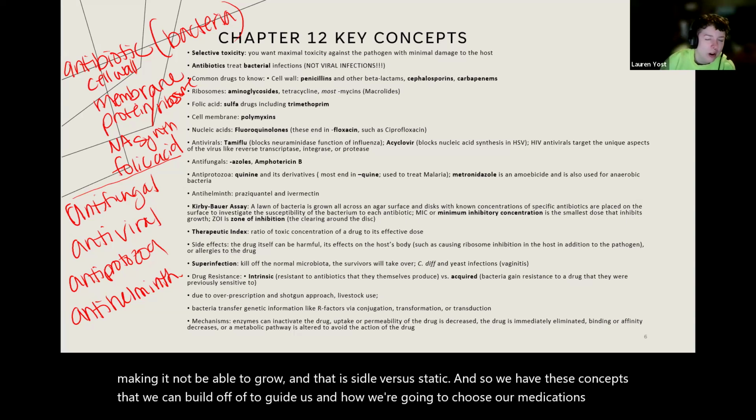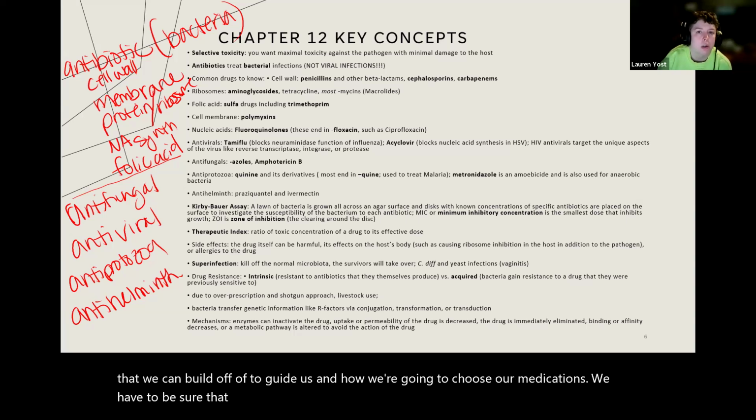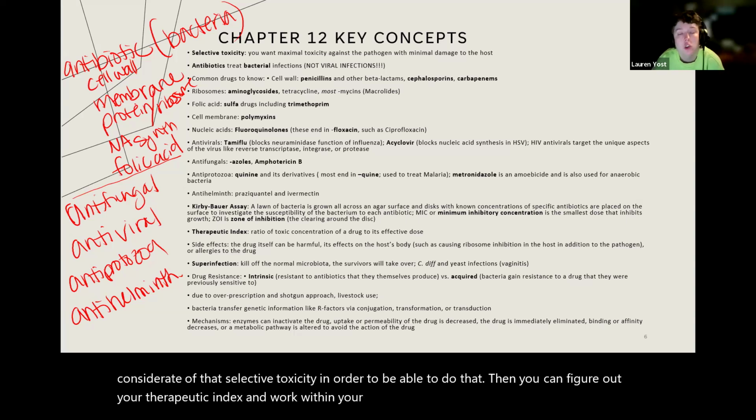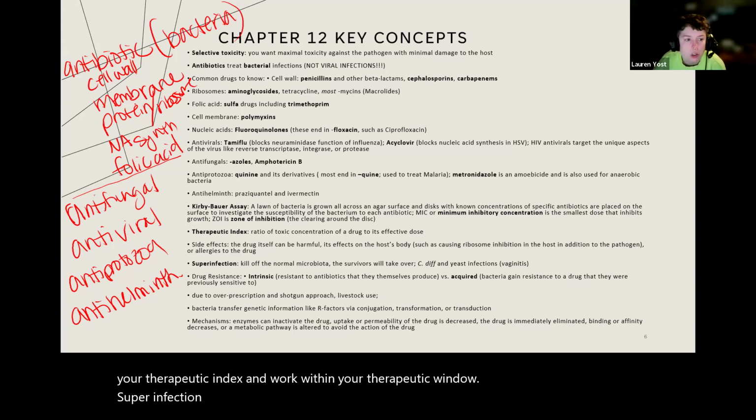We have to be sure that the medication isn't going to be too toxic for the patient. That's being considerate of that selective toxicity. In order to be able to do that, you can figure out your therapeutic index and then work within your therapeutic window. Superinfection happens when you use one of these antimicrobial drugs and you kill off your natural biota,